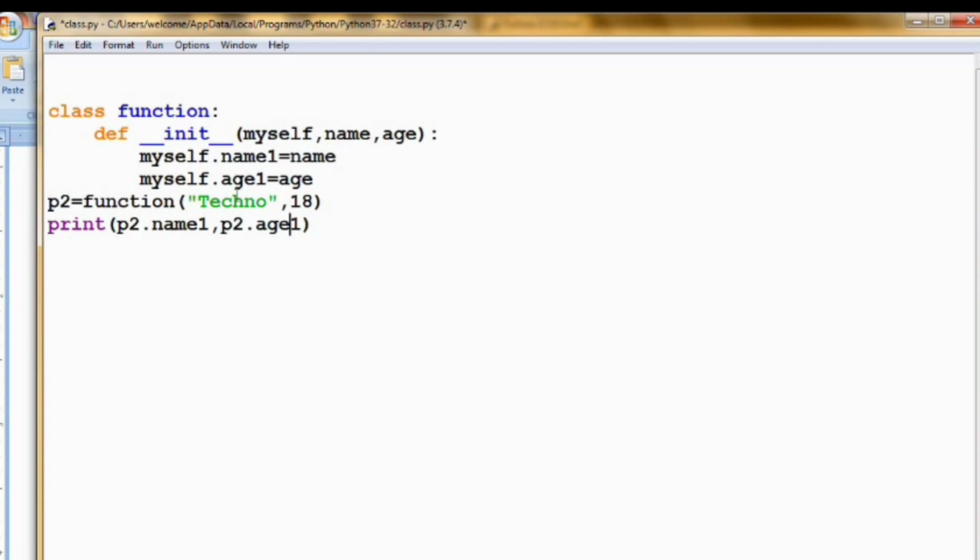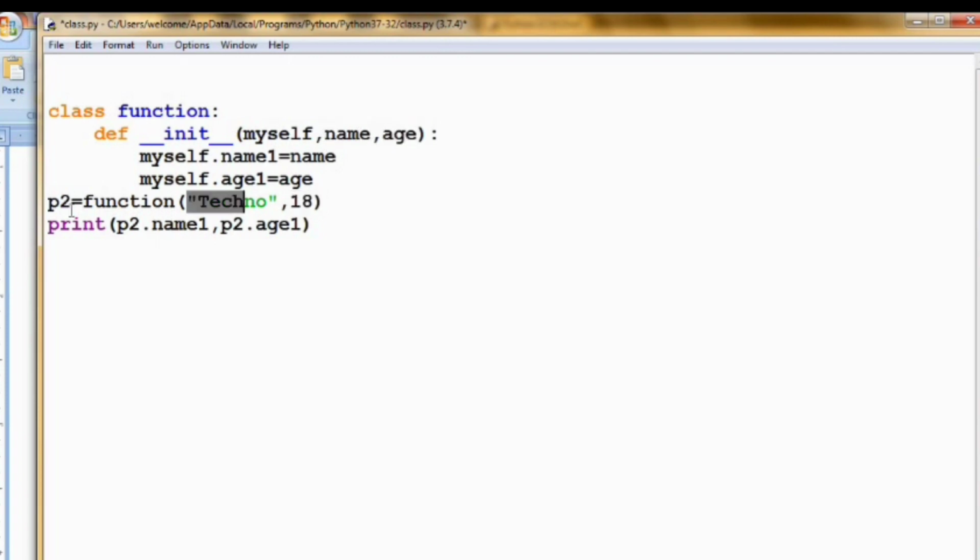Now after defining the function, I have created an object p2. p2 is equal to function of techno 18. That is, we are passing the name techno and 18, the age of techno. That is, name and age are passed successfully.